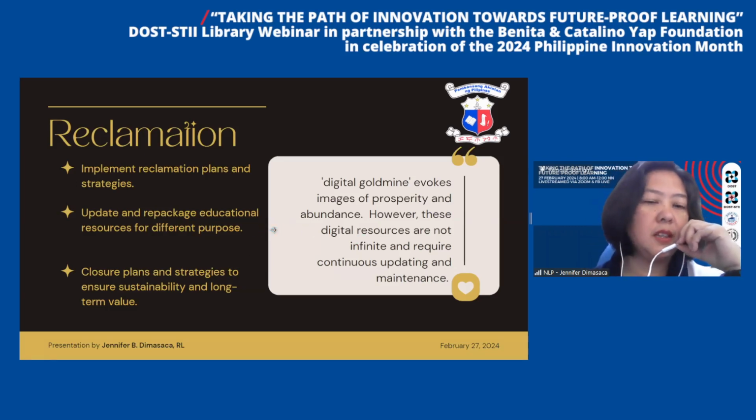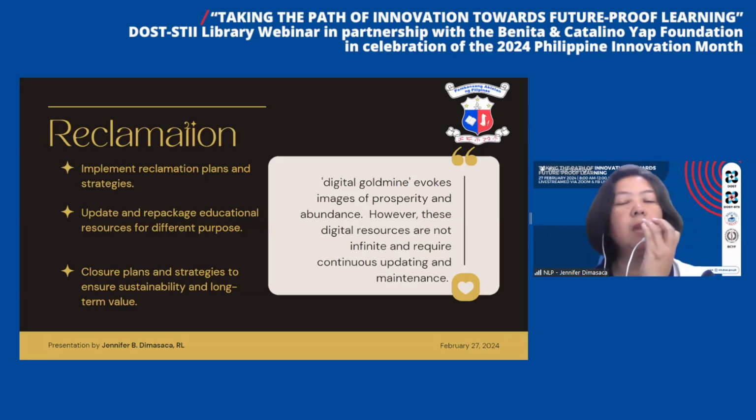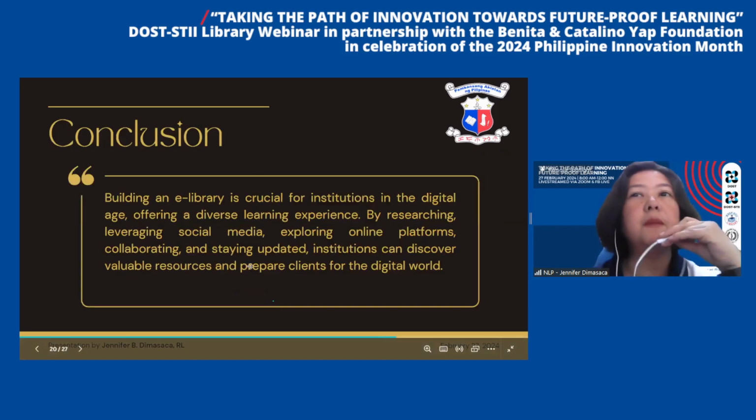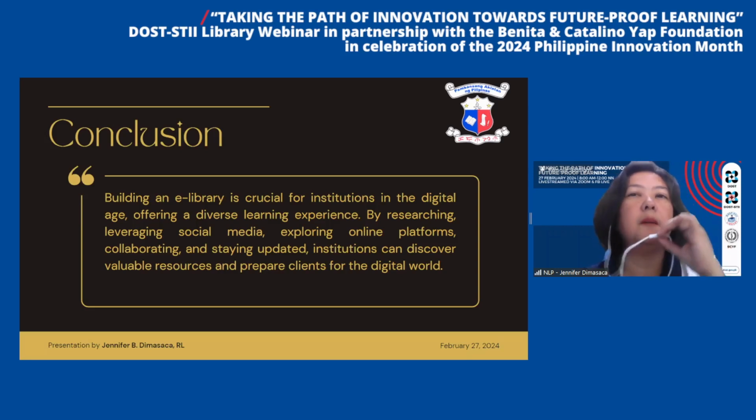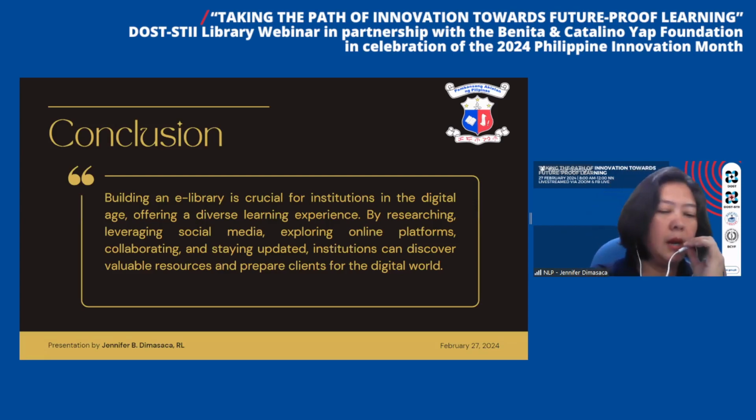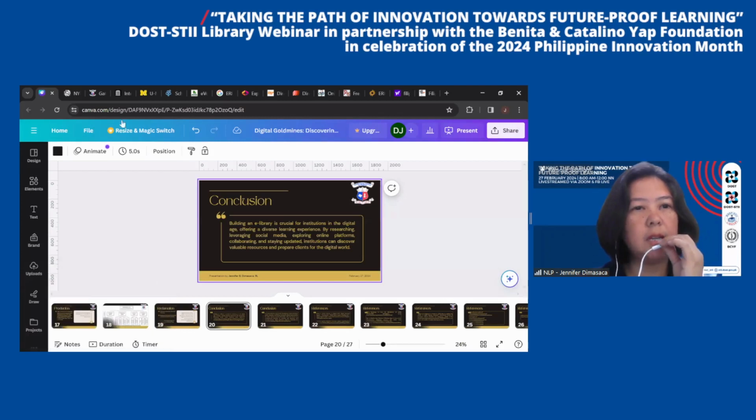And closure plans and strategies to ensure sustainability and long-term value. Digital gold mine evokes images of prosperity and abundance. However, these digital resources are not infinite and require continuous updating and maintenance. The Keepers Registry, founded by Peter Burnhill at EDINA, is a portal for ISSN-level journal preservation status, which is hosted by the ISSN International Centre, that has a challenge due to lack of API, automatic query, and item level. There are various resources that have digital